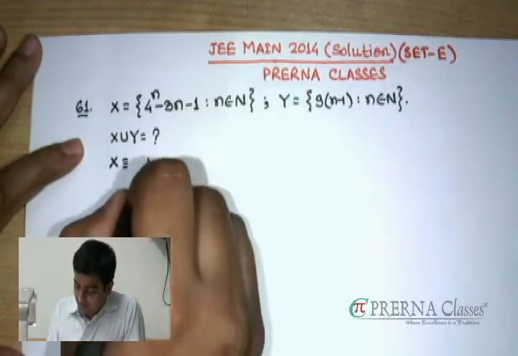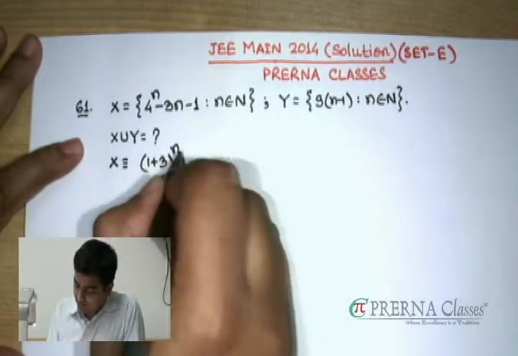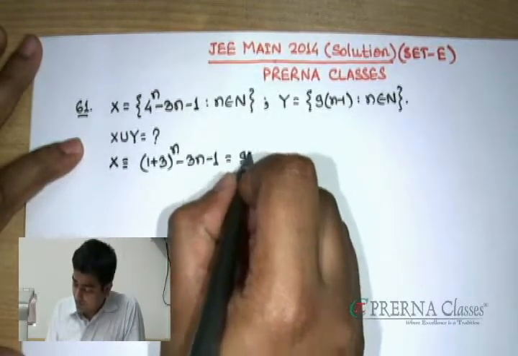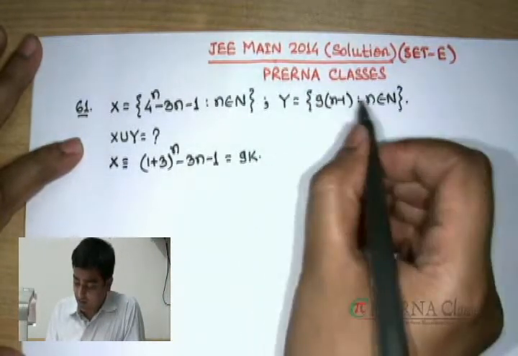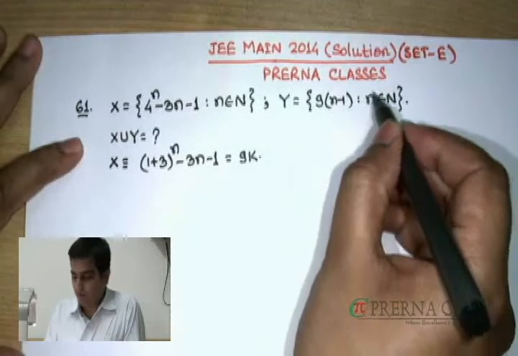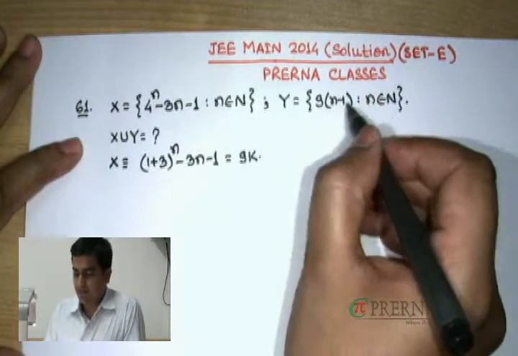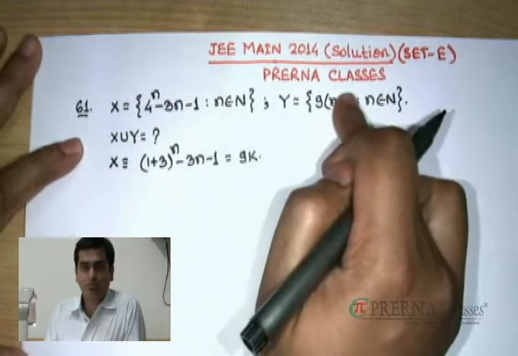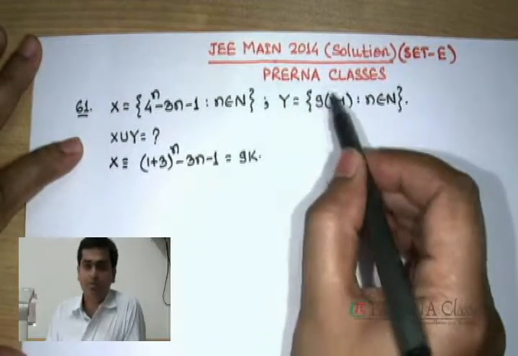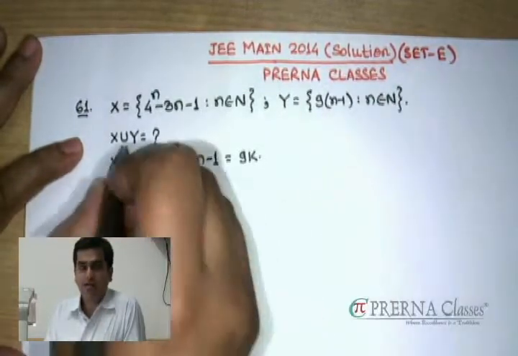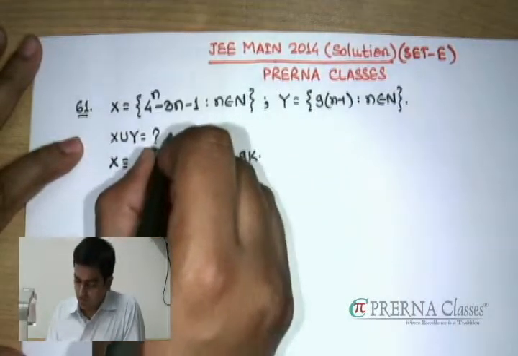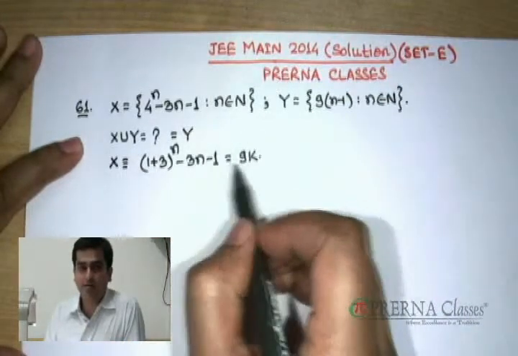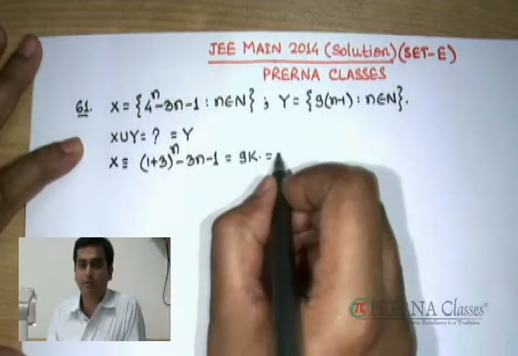If you look at the set X, that is nothing else but this expression, which you can check is clearly a multiple of 9. Set Y is also a multiple of 9, but if I consider n as 1, since n is a natural number, I'll be getting a value 0 also. Both of the sets are multiples of 9, but this Y is a superset actually. When you consider X union Y, then you should end up getting the set Y itself, because X is a special type of multiple of 9.